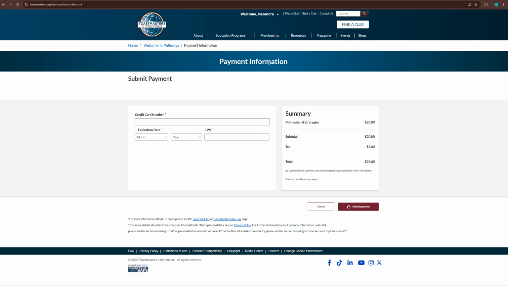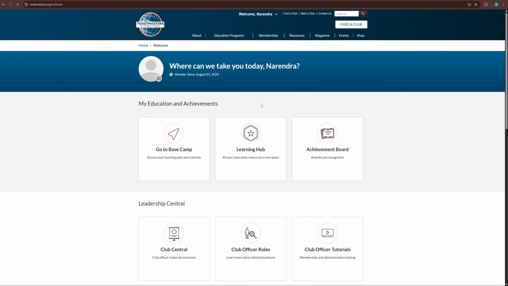Now let's assume that I have chosen a particular pathway. Let me take the example of the first pathway that I've chosen, which is the persuasive influence pathway. Just going to go back to my home page. So once you've chosen your pathway, you will get this option of go to Basecamp. Like I mentioned, this is the digital hub of all things relevant to your pathways. And so the first thing that I would like to show you is how to access all the materials related to your pathways. Now, if you click on this Go to Basecamp option,